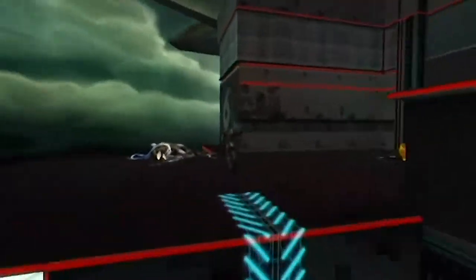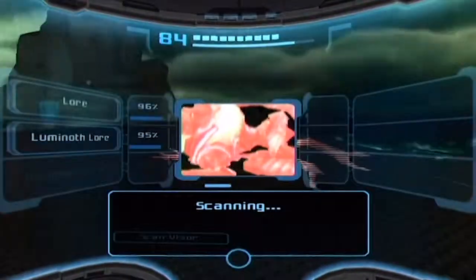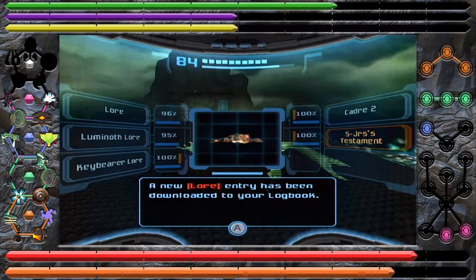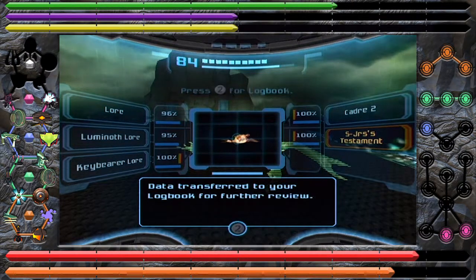Now, this is semi-significant. Up here, there is a dead Luminoth, a key bearer, and, as you'll notice from the 100% on the bottom left on key bearer lore, our final key bearer. This is